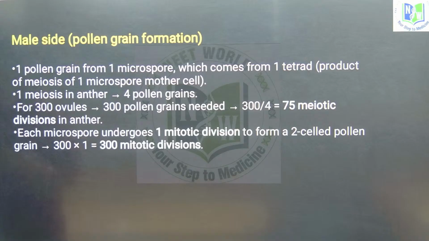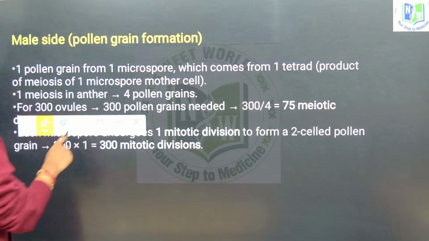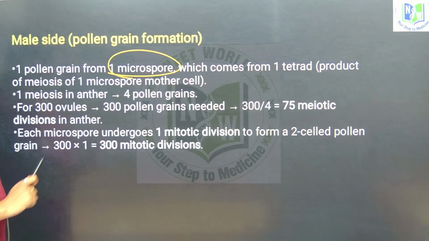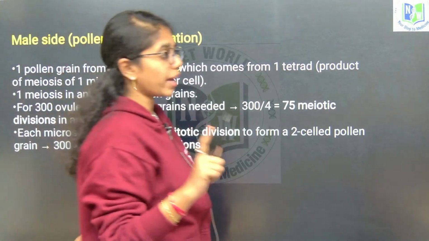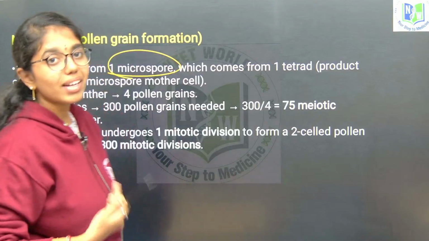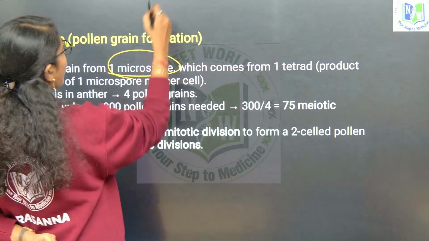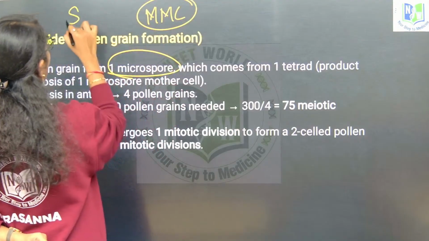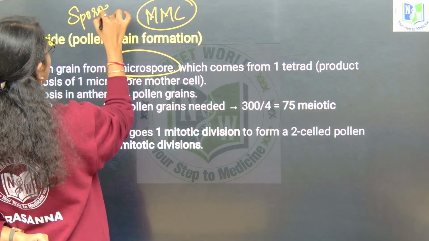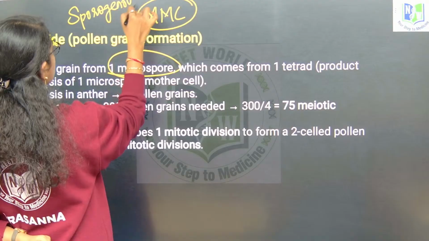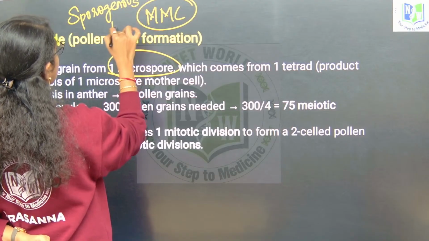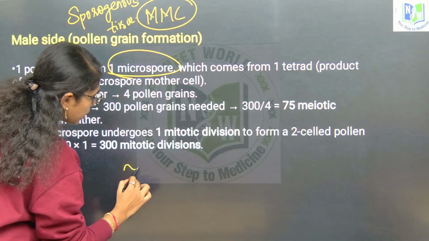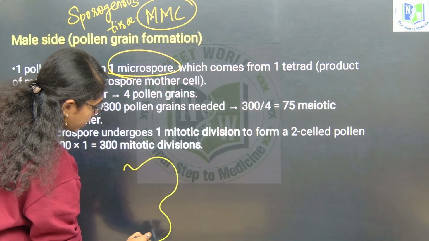So pollen grain formation. Here, if you have to see, one pollen grain is formed from one microspore. How is the microspore formed? From microspore mother cells inside the sporogenous tissue. So here, if you see the anther, the transverse section of the anther,